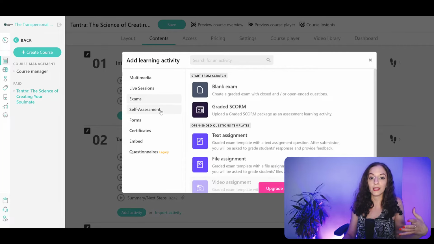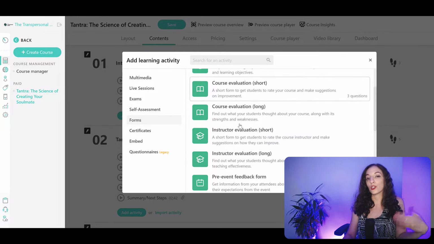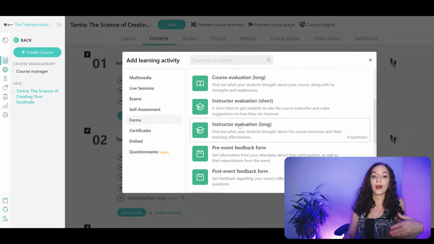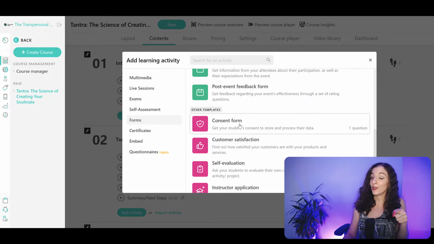You can create exams, self-assessments, different forms, so to survey your students, to gather their feedback, to see where they're at.